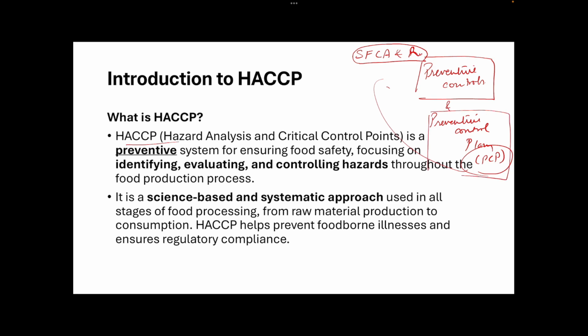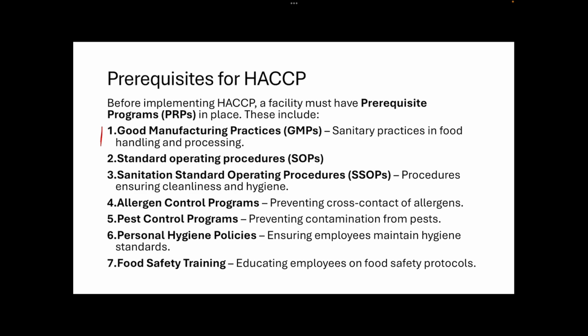So for HACCP to be successful, we must recognize that some prerequisites have to be met. What are these prerequisites? Good manufacturing practices must be there. That means the food must be prepared with proper hygiene, right? Personnel hygiene. The facility should be maintained well. People should be properly trained, should be carrying out the procedures properly, and so on and on. So that basic good manufacturing practices must be there.